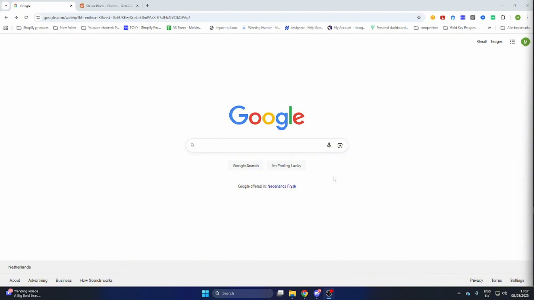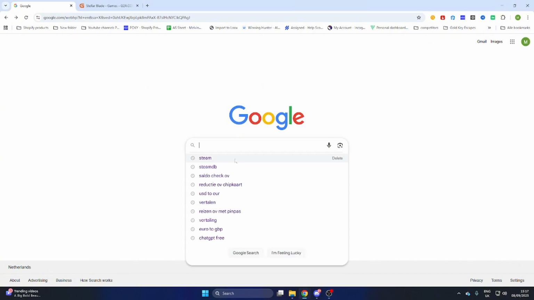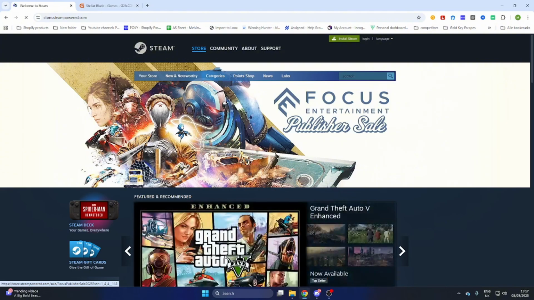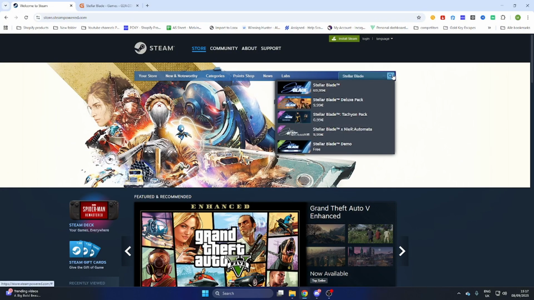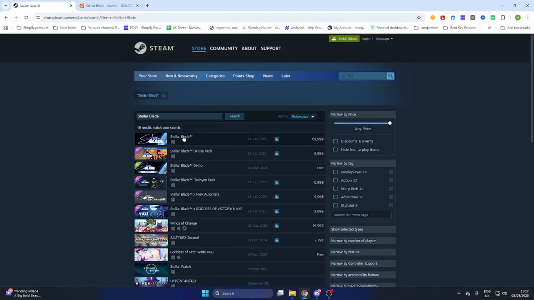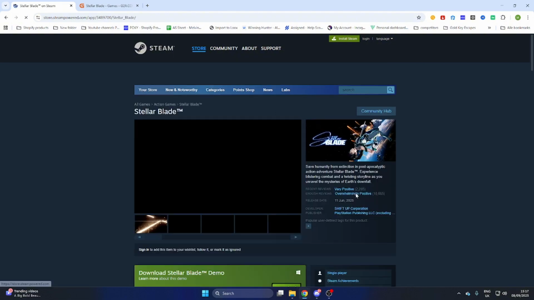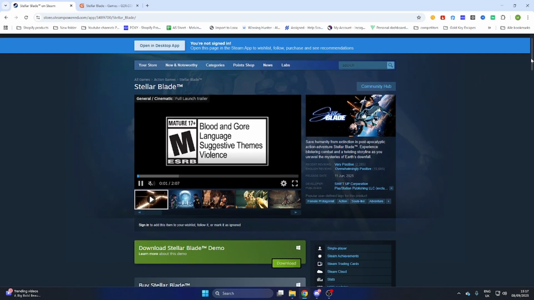Once you have done that, we can search up the Steam website, and after that we will continue to another website to download this game. So what we will do is go to the Steam website, after that go to the search bar and search for the game Stellar Blade. Now, search for it. As you can see, we can open the game over here and you need to enter your date of birth. Now what we will do, select one and then view page, scroll a little bit down